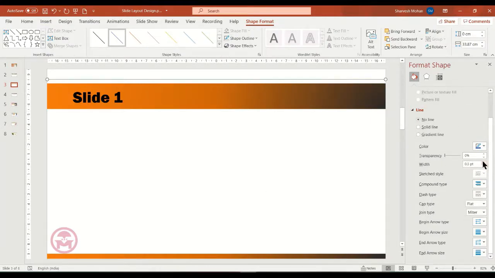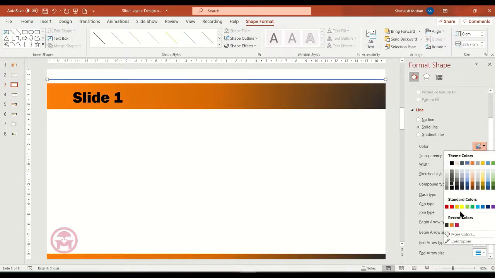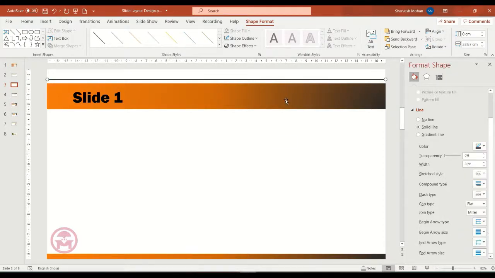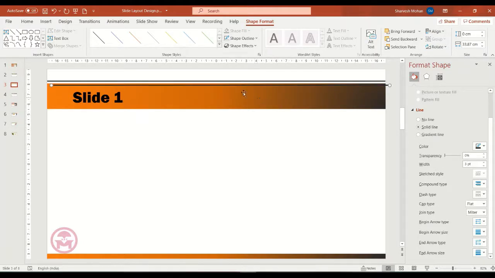We'll increase the width. And we'll put a width of 3 points. Color will give black color. And we'll slightly adjust like this. And select Control D and copy and paste it like this. So we got another new design.